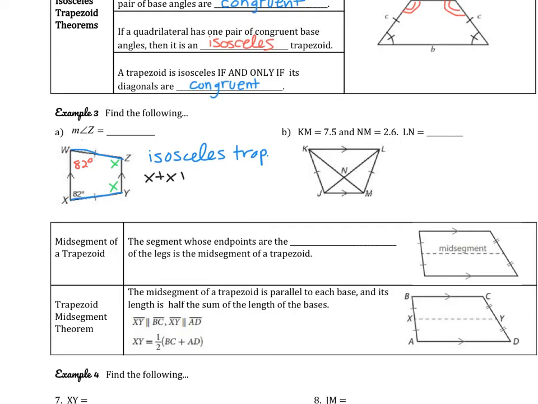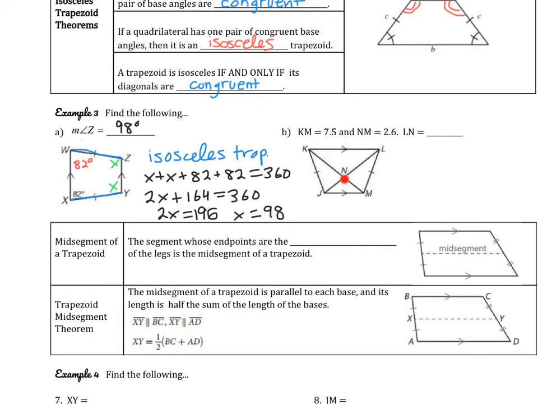So we can say X plus X plus 82 plus 82 equals 360. So we can say 2x plus 164 equals 360. So 2x equals 196. If we divide both sides by 2, we get x equals 98. And that is the measure of angle Z. So it's 98 degrees. Okay, in part B, we are told that KM, which is a diagonal, is 7.5, and